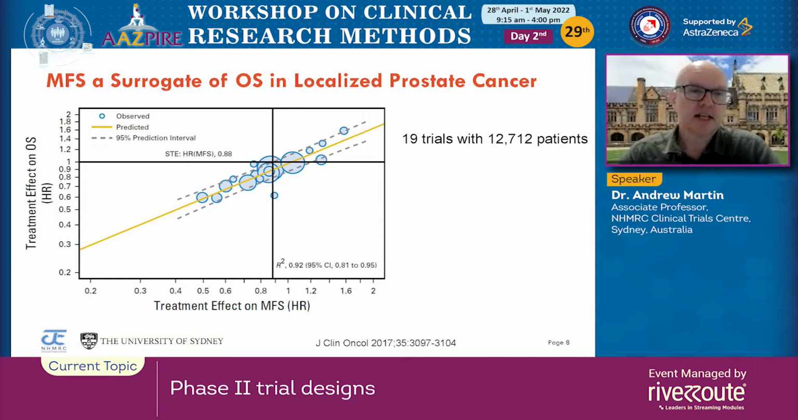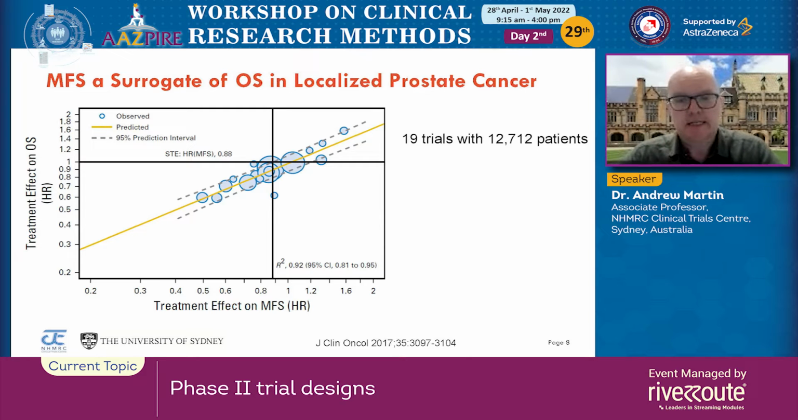And then you can see the hazard ratio for overall survival on the vertical axis. And each of these circles represents an individual study, and the size of the circle reflects the relative number of patients in each of the studies. And there's a very strong relationship between the effective treatment on metastasis-free survival and the effective treatment on overall survival,